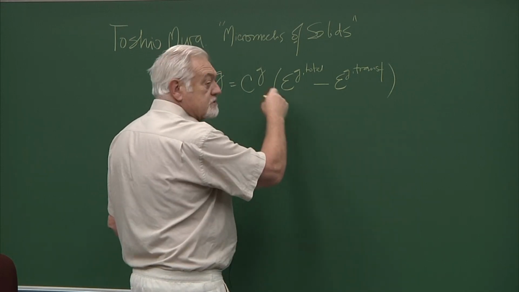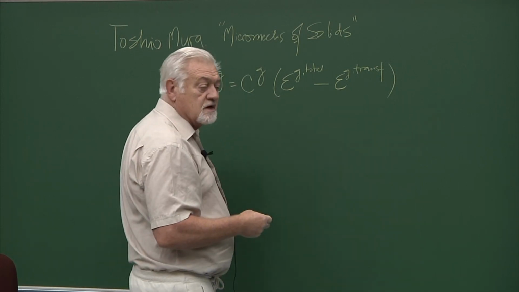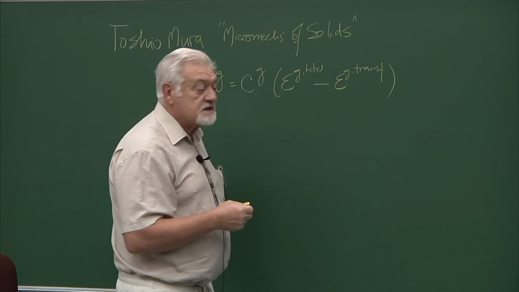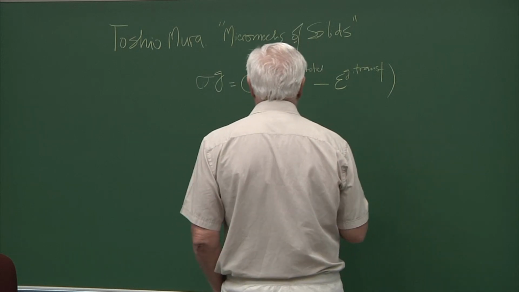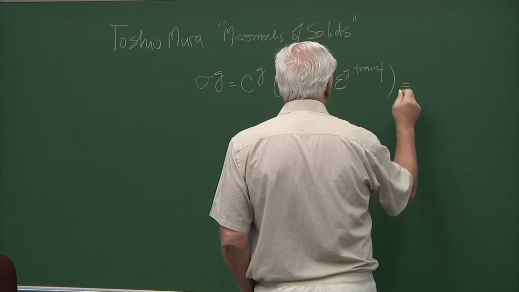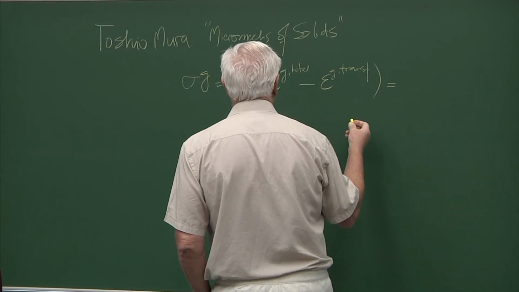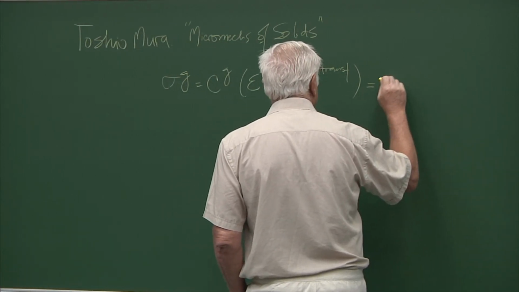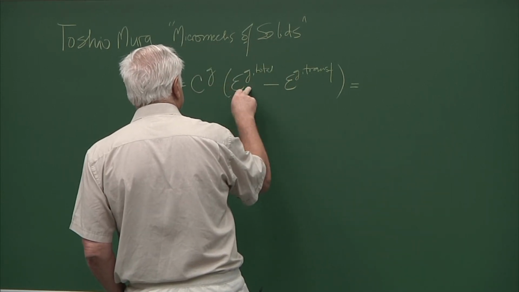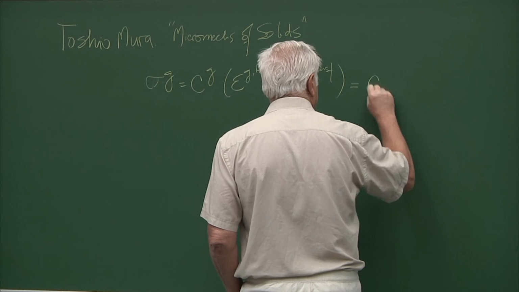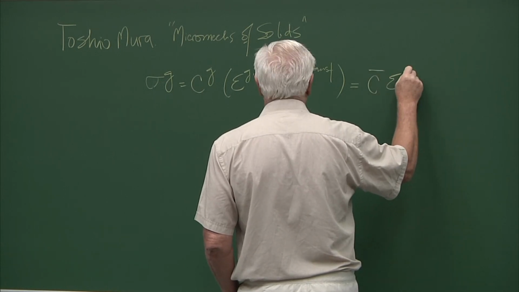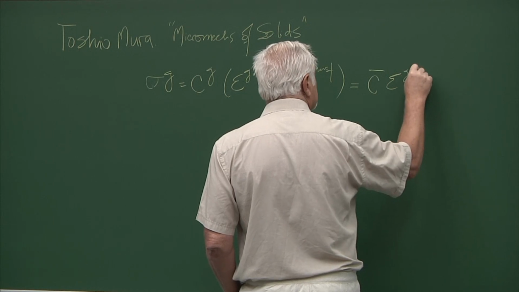So the total minus the transformation gives you the elastic strain. Now one trick consists in adding and subtracting Cg times Eg. So you write this as the C in the medium times Eg total